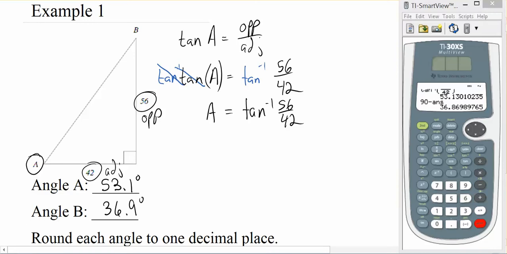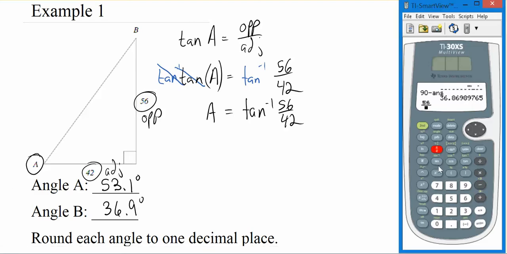Now we can check our answers here, sort of. We could say, hey, angle A here, I know its tangent is supposed to be 56 over 42. So I can say, hey, what is 56 over 42? It's 4/3, or about 1.33. And then I could go to the calculator and say, hey, what's the tangent of 53.1? Now we might not get exactly 1.33333 because of the fact that 53.1 was rounded. But if I hit enter, it's pretty darn close. So this tells me, yeah, I did a pretty good job. It looks like this is a pretty good approximation.